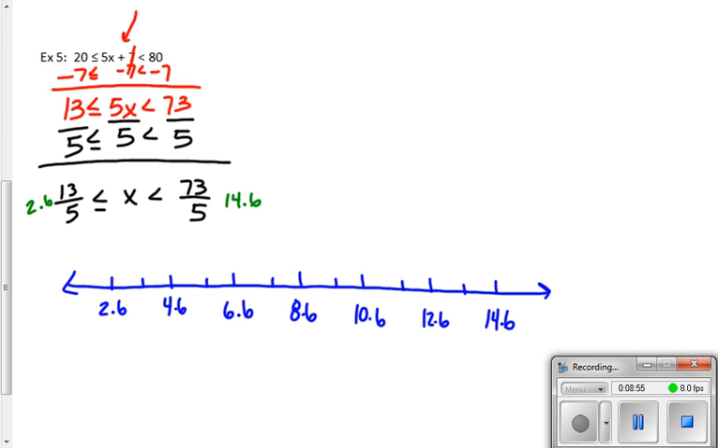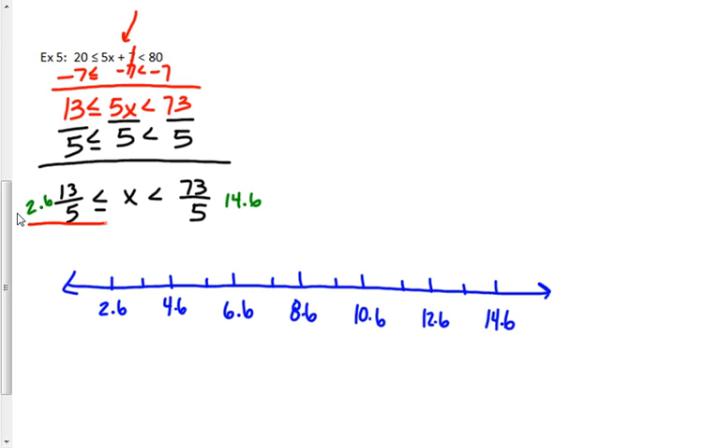way up to 14.6. Looking at my inequality, you attack it like a three-headed monster. So basically you're going to deal with this part of the inequality first. Reading from your variable, x is going to be greater than or equal to 2.6. So you would have a closed circle on 2.6 because it is greater than or equal to. Now if it's greater than or equal to 2.6, that arrow is going to go to the right because those